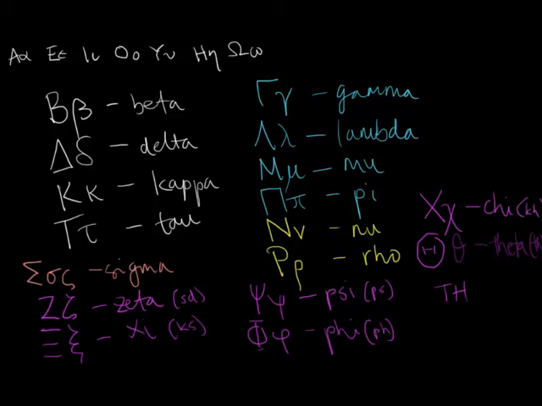So what I'm going to do is clear this page, and instead we're going to write them out in their correct order. So let's switch back to white. We have alpha, beta, gamma, delta, epsilon, zeta, eta, theta,